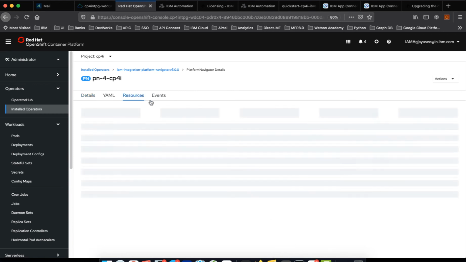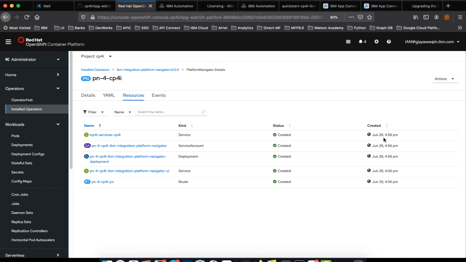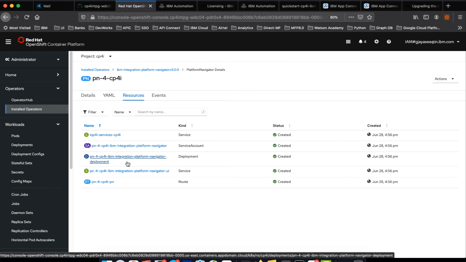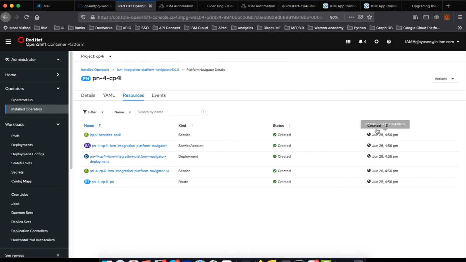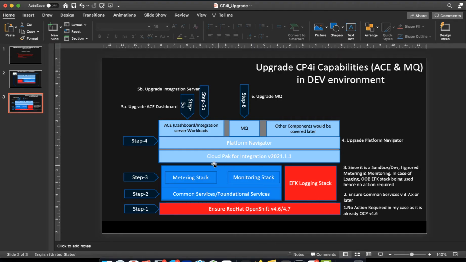The resources that are specific to this custom resources are all upgraded now, if you look at it, right? So in fact the deployment is also upgraded at the same time, and route is also changed, hence we are seeing the new one. So what we have done is we have upgraded the platform navigator.